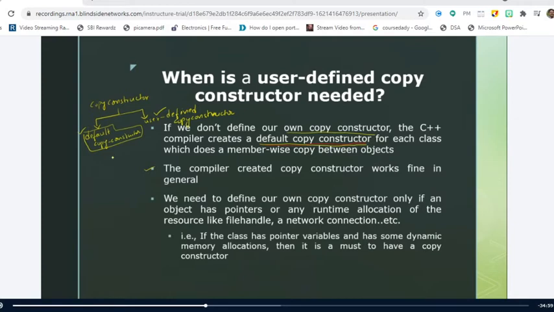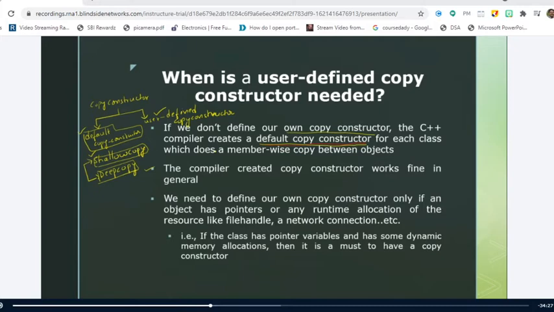We have a concept called shallow copy and another concept called deep copy. The default copy constructor follows the concept of shallow copy, and the user defined copy constructor follows the concept of deep copy. We'll see the differences between shallow copy and deep copy soon. Is it clear up to this point?